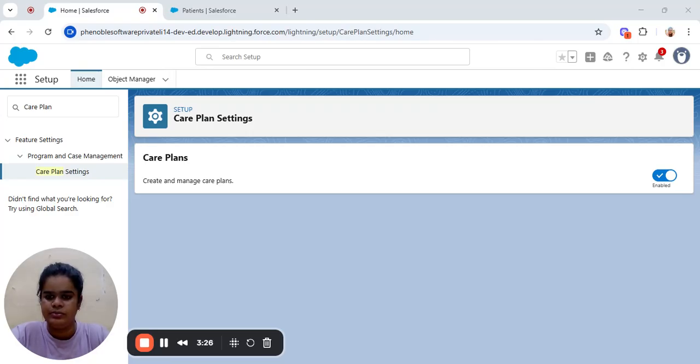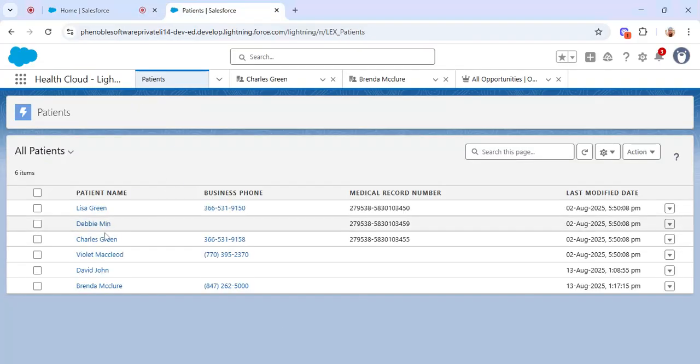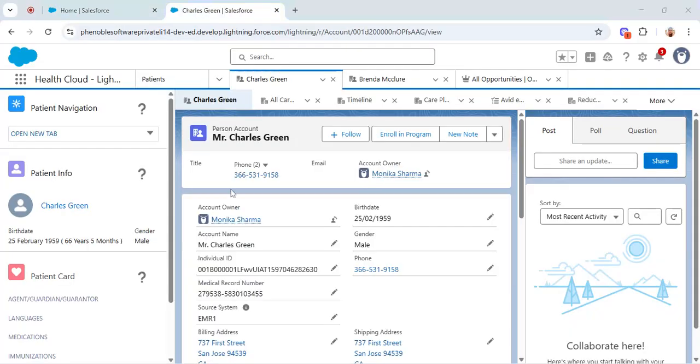Let me explain with one example. Let me open a patient, like Charles Green. What I am doing here is adding a care team member for this patient to keep this patient healthy.